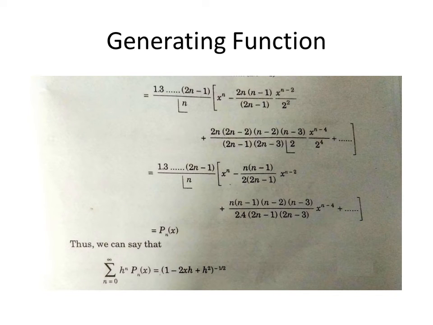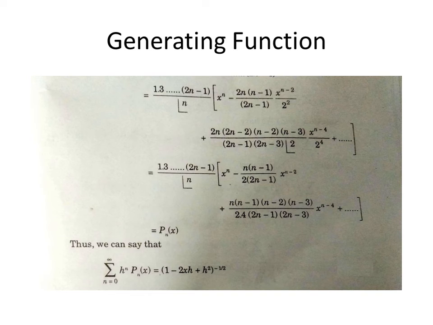Now we took common, from all those expressions from the last step of the previous slide, 1 into 3 into up to 2n minus 1 upon factorial n, and then the remaining terms in the bracket are written as x power n minus n into n minus 1 upon 2 into 2n minus 1 into x power n minus 2 plus n into n minus 1 into n minus 2 into n minus 3 into x power n minus 4 upon 2 into 4 into 2n minus 1 into 2n minus 3 plus and so on up to infinity, and it is further simplified as 1 into 3 into up to 2n minus 1 upon factorial n, same common term outside,